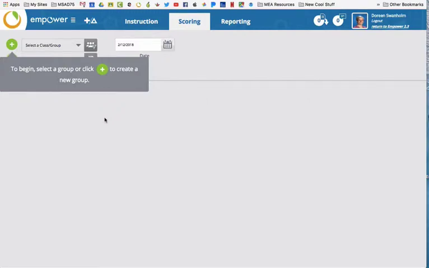All right, so one of the things that you'll need to do with our second semester, if you are an exploratory teacher, is you are going to need to assign grade books to your new groups of students. So I'm going to show you how to do that. I'm going to be logged in here as Doreen Swanholm, as you can see,